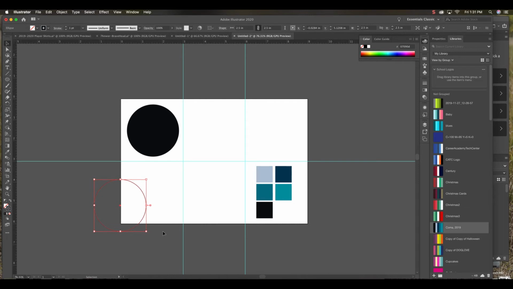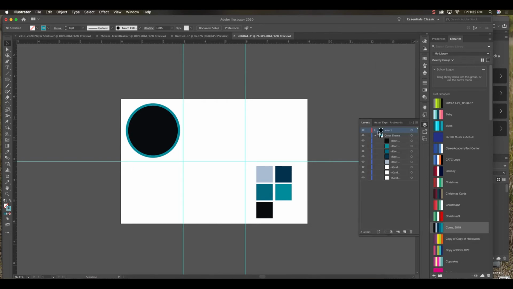I will change my colors to colors from my color theme. So I could keep everything black because black is one of the colors in my color theme, but I don't want to. I'm going to make mine sort of that teal turquoise. Okay, and I'll move that up into position, and now I can create my image sandwiched in between these 2